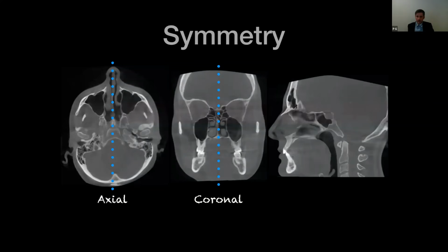For the sagittal view, though, you do not have the ability to compare right and left sides. So when I review cone beams, I actually look at the axial and coronal views first, because I know I can look for symmetry between the right and left sides. I actually save the sagittal view for last. So I go axial, coronal, and then sagittal.